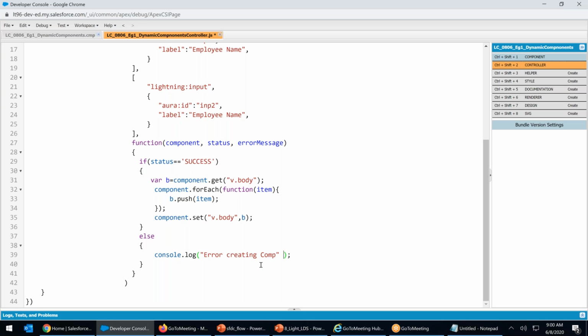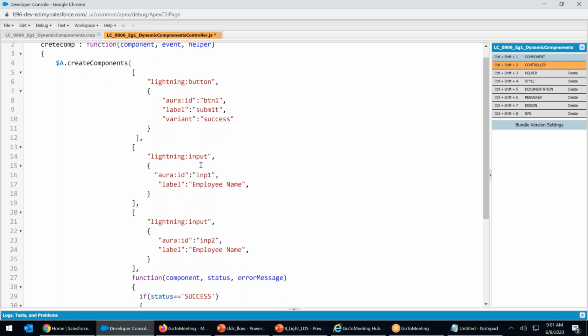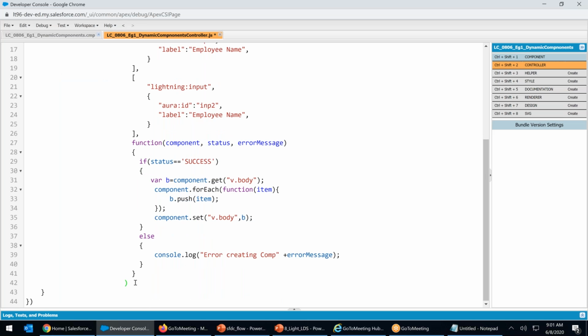I want the error message to be displayed. Right, here the error message is important. Why the component was not able to create, to know. Suppose it's success, well and fine. If not, then show me the error message. Right, this starts where it ends here. So I need to have a closing.